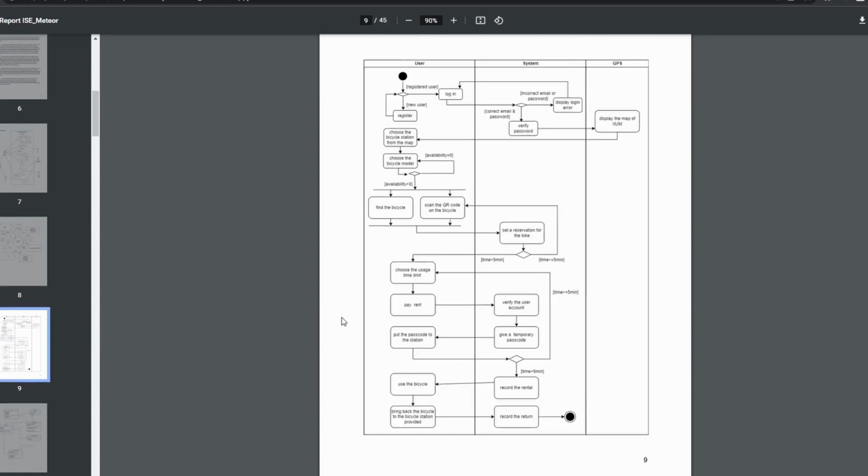Next, we have an activity diagram. This activity diagram shows us the flow of activities, the sequence and the decisions made, and the overall flow of the program, and the different sections, which are user, system and GPS. The flow of the activity starts with register or login, and then ends with recording the return of the bicycle.